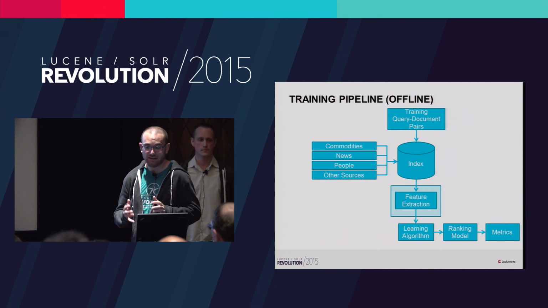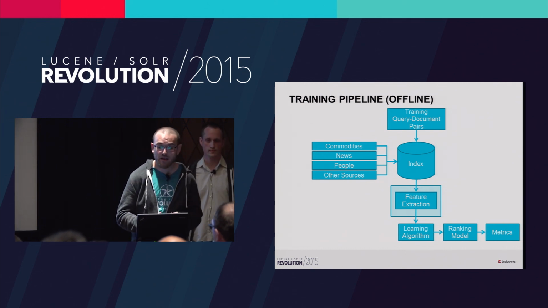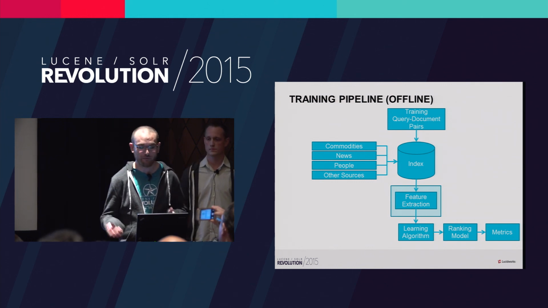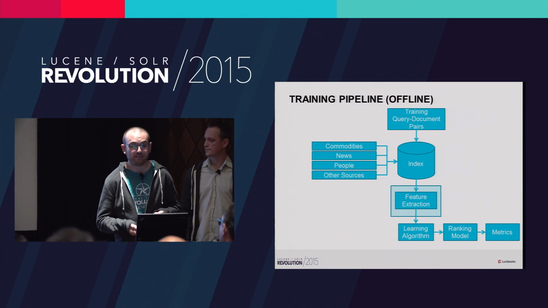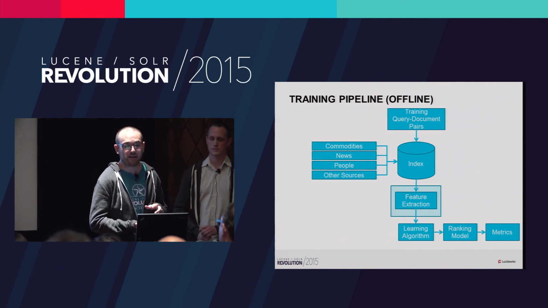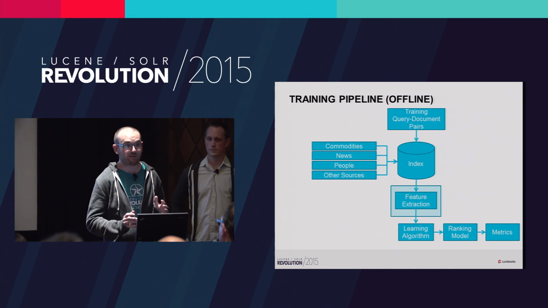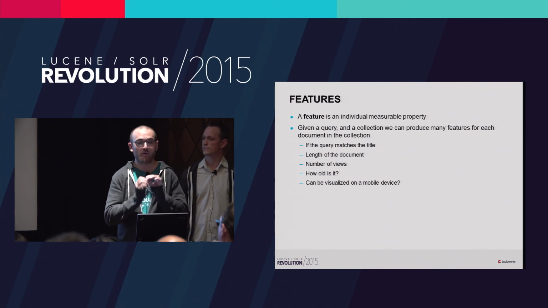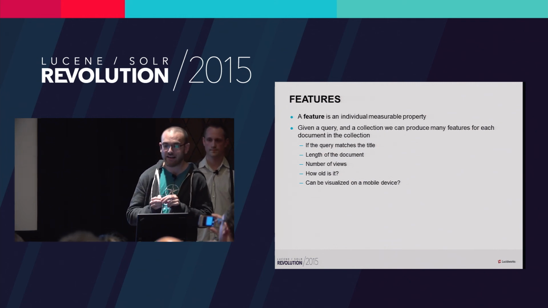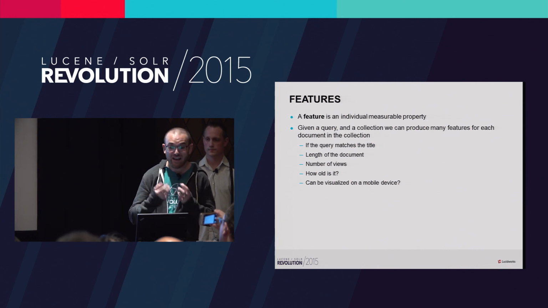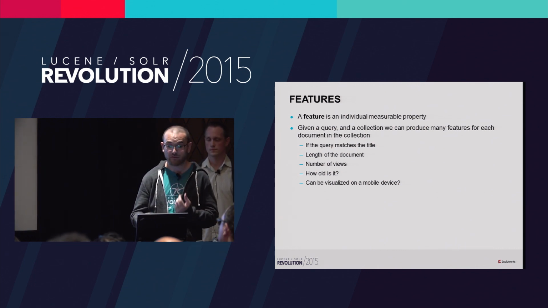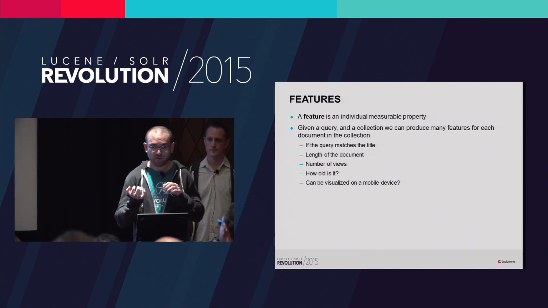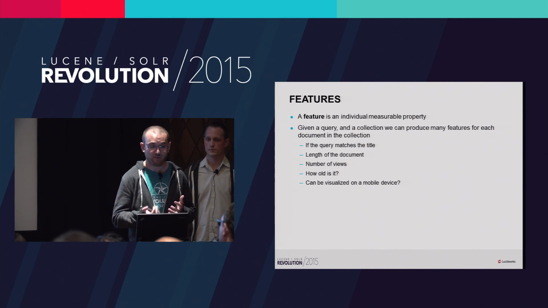So once you have your training set, you run your queries against the index, you retrieve the top 1,000 documents using the standard ranking function, and then you need to represent each document retrieved by the standard ranking function as a vector of features. What are features? A feature is an individual measurable property. You can think of a feature like a signal that can help you understand if the document was relevant or not. So given a query and a collection, we produce the features for the documents that match